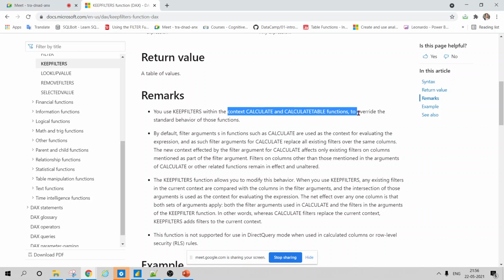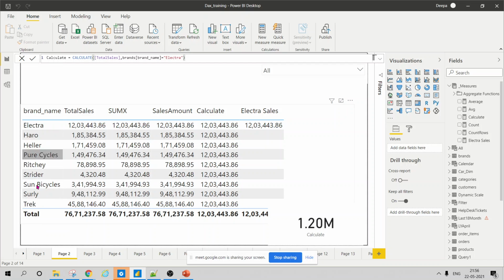Whenever you write CALCULATE or CALCULATETABLE, it overrides all the filters. Whatever you have applied inside, it will not get applied, it will override accordingly. That's why for Harrow also it is showing the value which is for Electra.